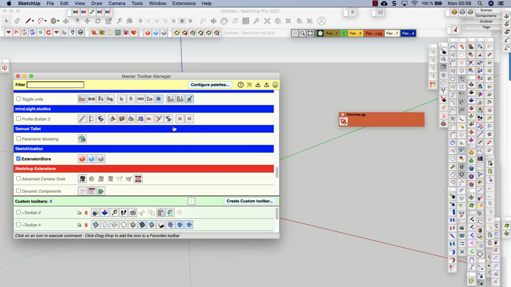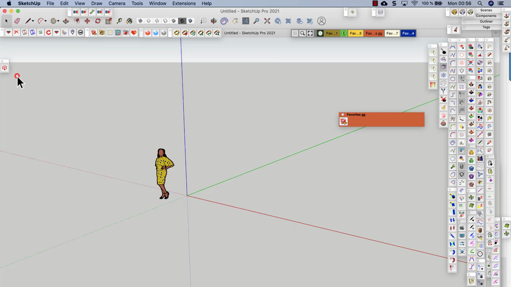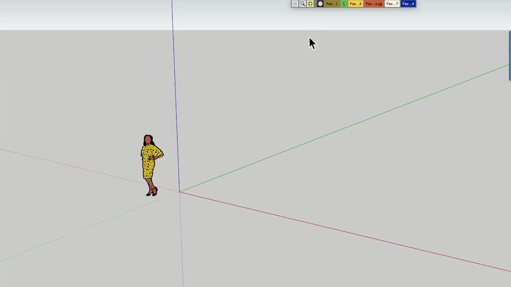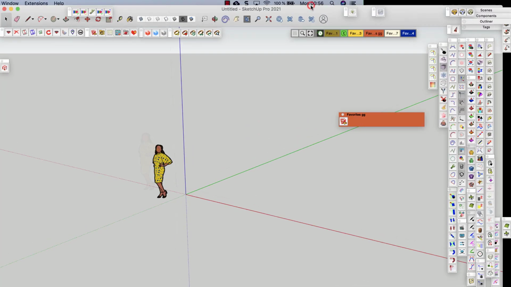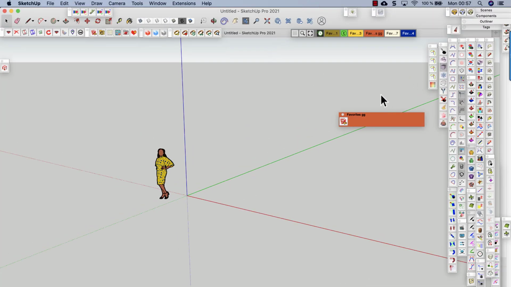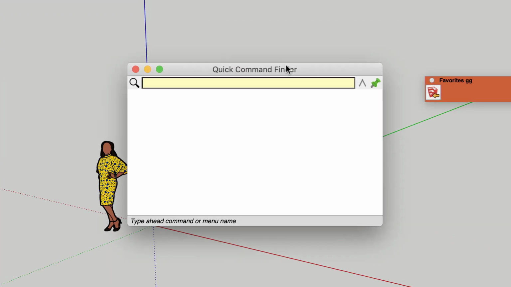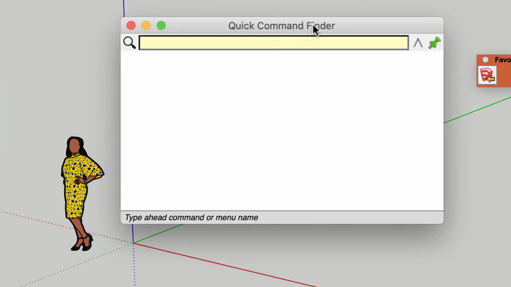It's available on Windows as well. You have the same clean screen. The options are slightly different, because you have fewer docked elements. The only difference between Windows and Mac is about the quick command finder.